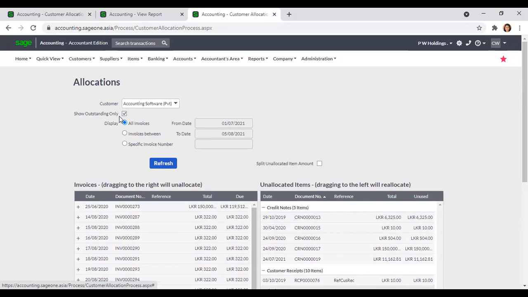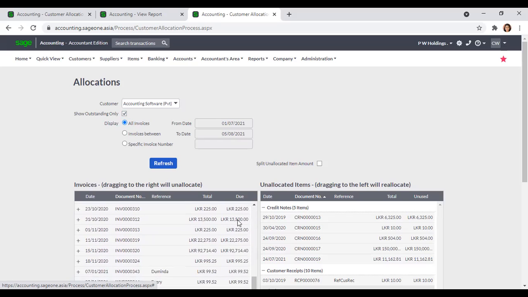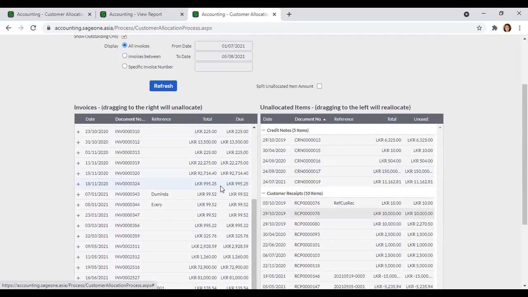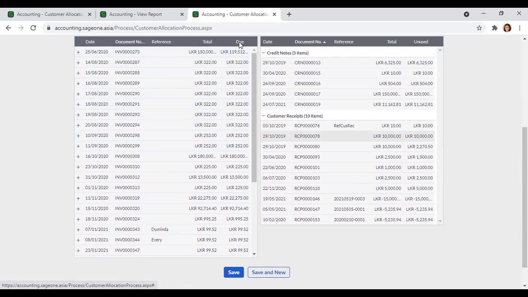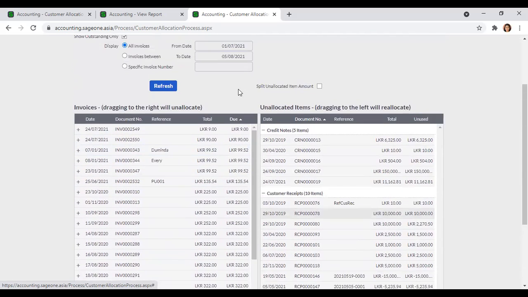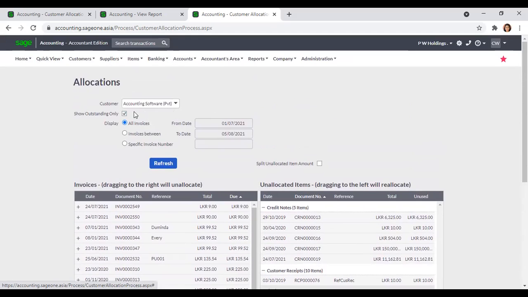Now, the first one, show outstanding only. If you tick this option, the system will display only outstanding invoices. Now you can see here all the invoices have a due amount. Therefore, those are outstanding invoices. And if you untick this option and refresh,